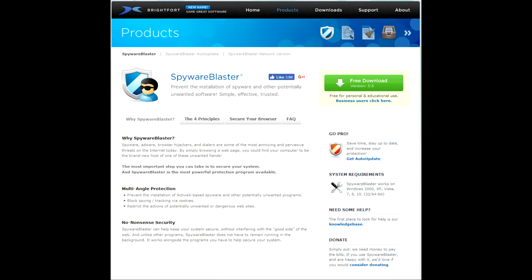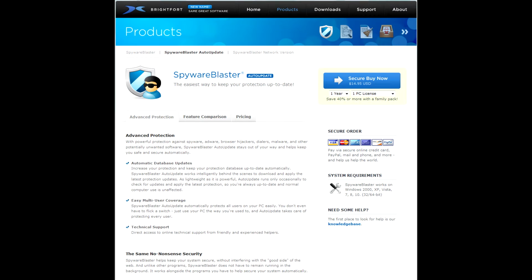SpywareBlaster is completely free to use for home and educational users. There's never a purchased cost for using the software. The only thing that you are missing out on is automatic updates, should you want that. But other than that, all you have to do is maintain doing manual updates, and you're free to use the software as long as you choose. But if you decided you did want to purchase the full version of the software to have automatic updates and automatically apply the newest database settings, multiple user support, and technical support, you can purchase a one-user license for $14.95